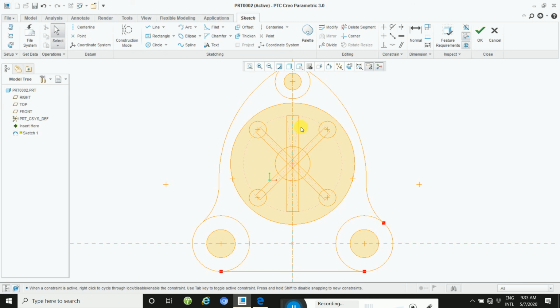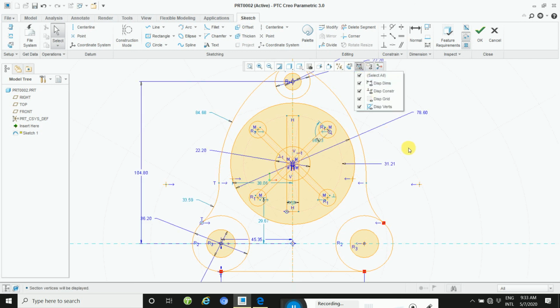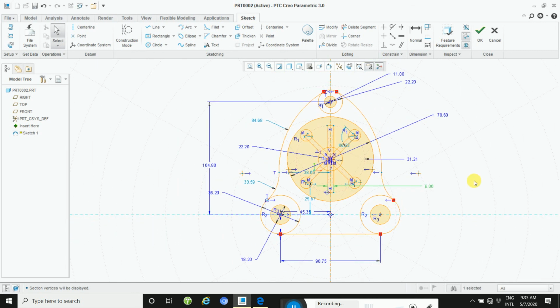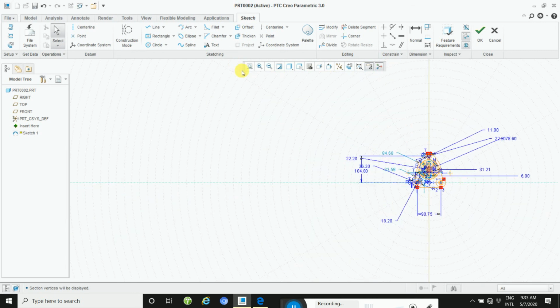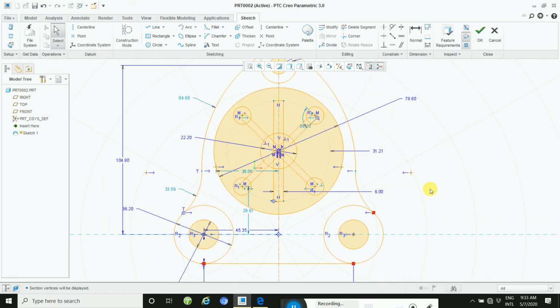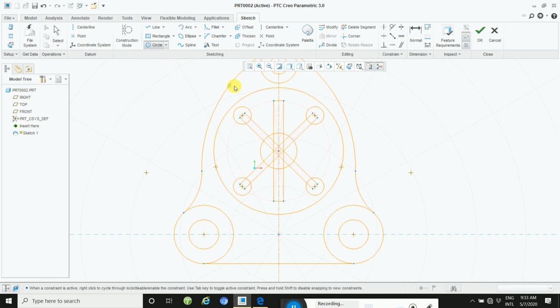Okay, this rectangle distance is 6, so apply 6. So select on, and this dimension is 6. Okay, so 6, 6. Okay, and then draw another 2 circles this way.